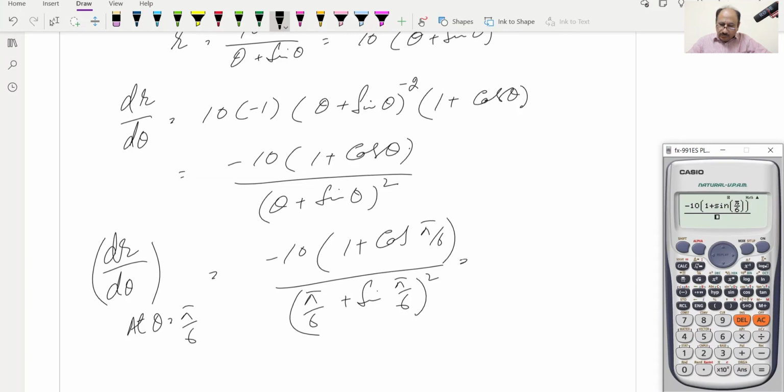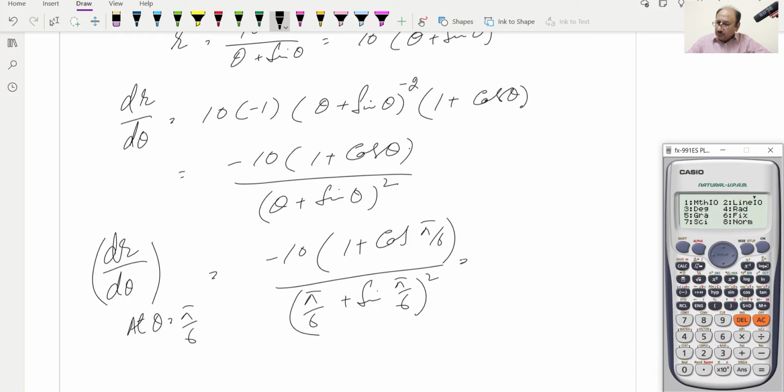Over this will be the fraction again, pi over 6, plus sine of pi over 6, and the bracket will be closed and the whole bracket will be closed, and this will be squared, and this is equal to, we can take radian